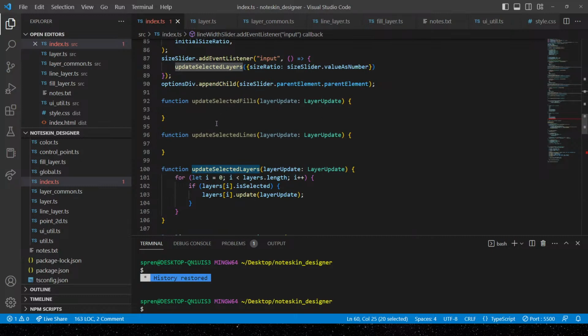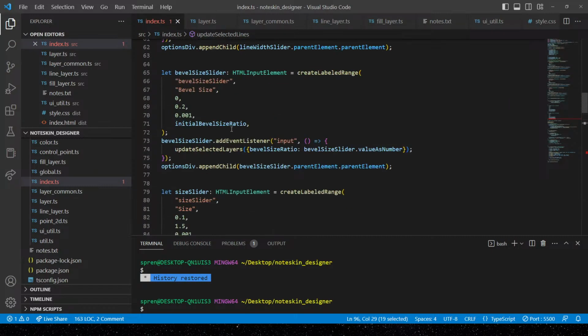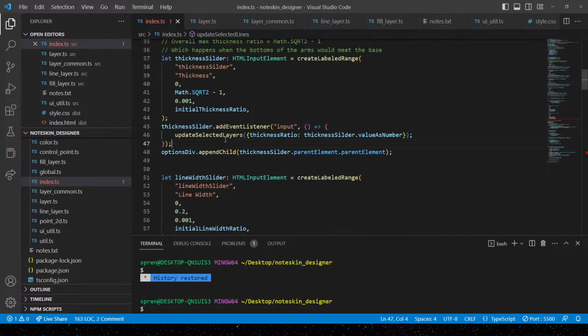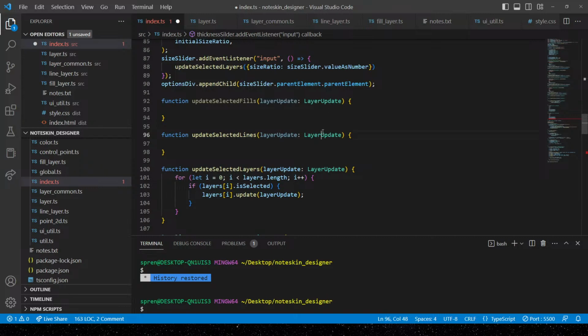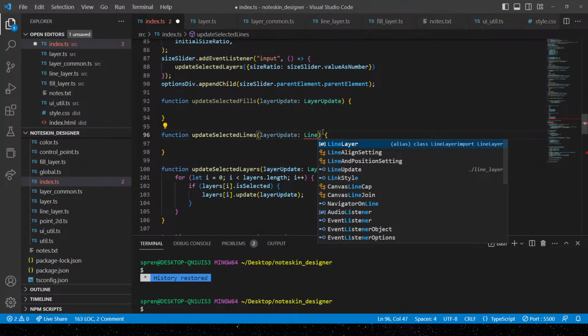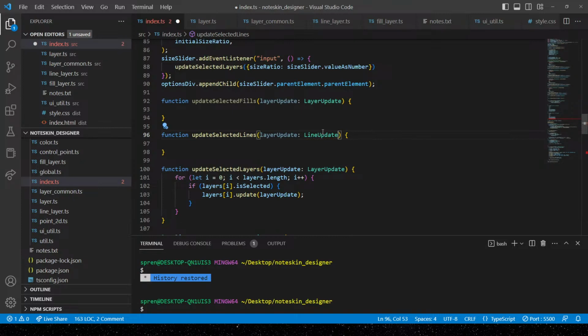It needs to update selected lines, and it needs to have a line update. Yes. And so what it does is it gets